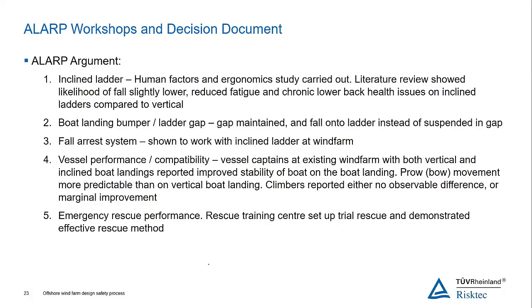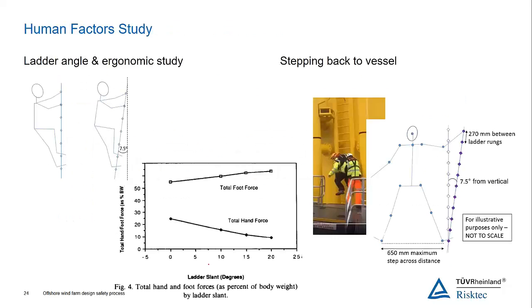And so what we came back with was that the inclined ladder was in fact an ergonomic solution. Climbing an inclined ladder is less fatiguing than a vertical ladder. And to support that and provide evidence, we employed an ergonomic specialist who did literature reviews and found research which showed the levels of hand force and foot force that were applied comparing different angles of ladders to vertical, and